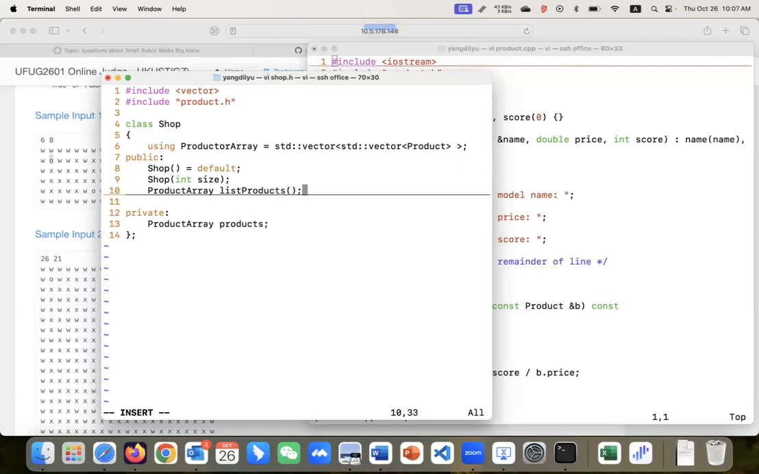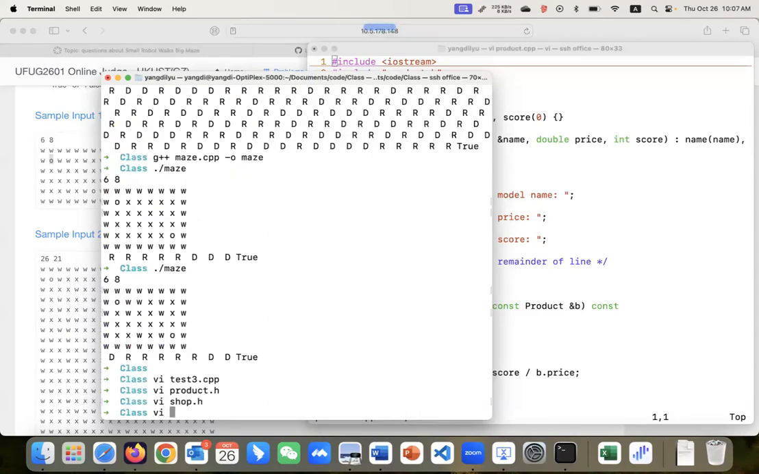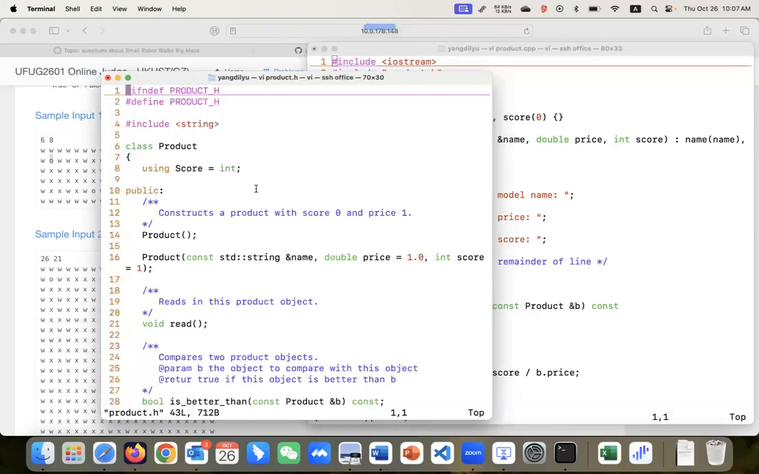right? I can make it simple to use, something like this, or put it into the parameters of your functions. They are all fine, right? It's just a style issue. You can use typedef. I like to use this using, and in this product.h file,